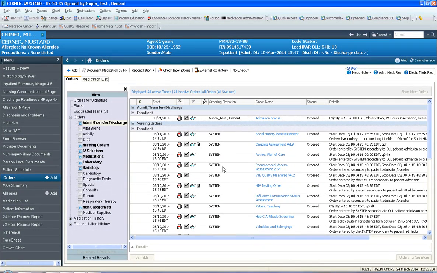Hi, in this session we'll talk about how to place a status change order. Whenever a patient gets admitted, they get an admission status order placed. If the patient's condition deteriorates or, let's say, improves and they didn't meet the initial level of care, a status